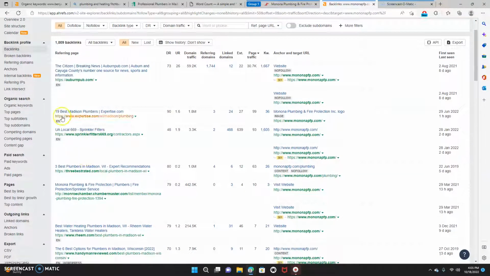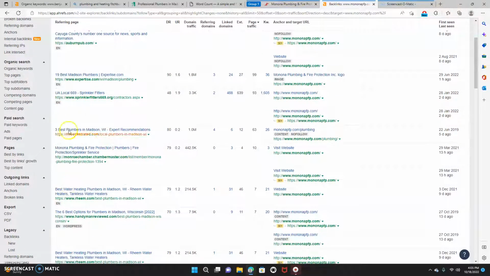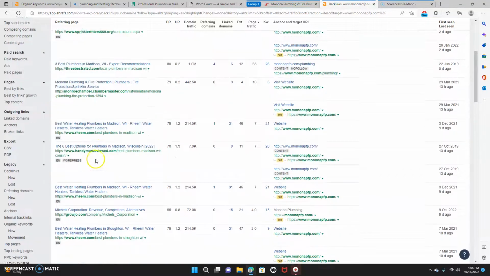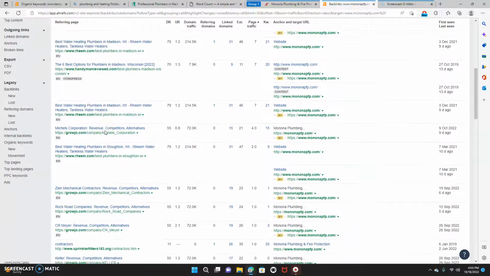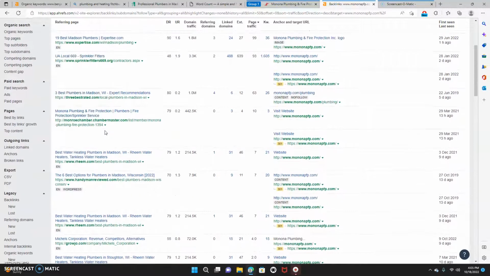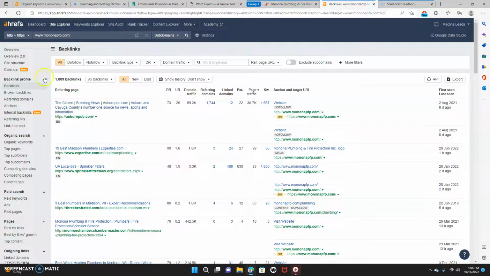Again, they're using these different things right here. Some of them are the same as what you guys are using. Best water heating stuff. So again, they're using a lot of things that you are as well. So we can get you up